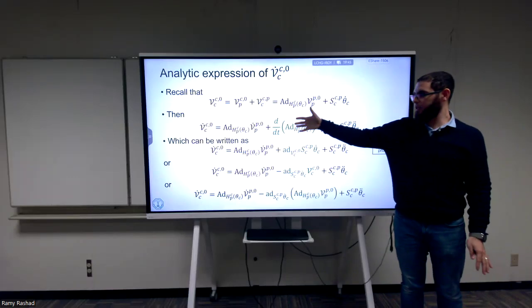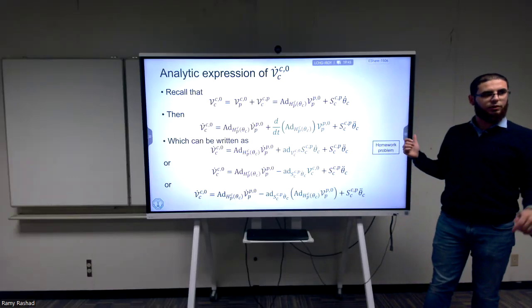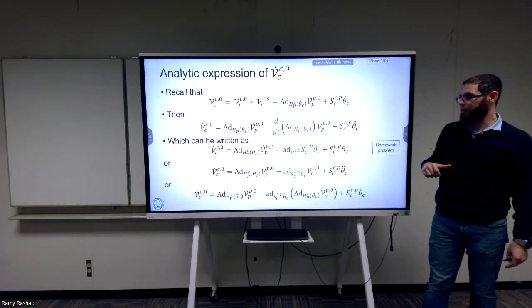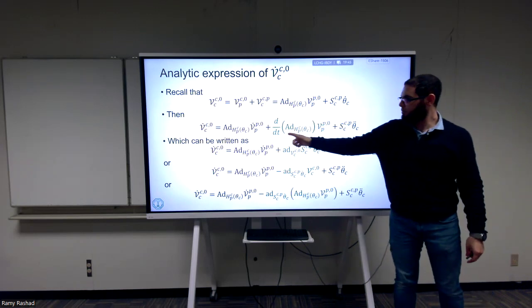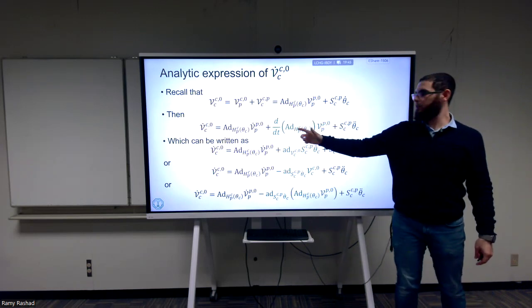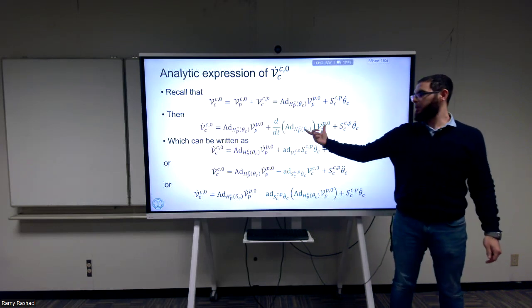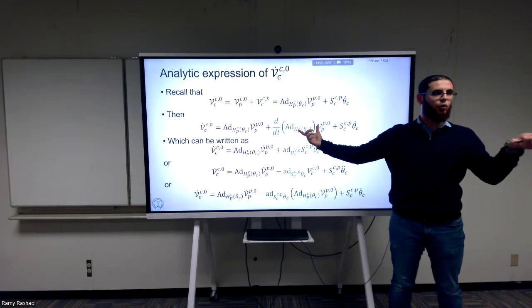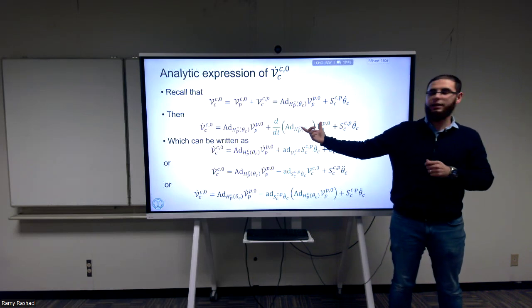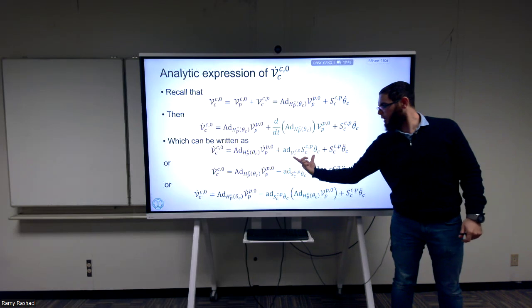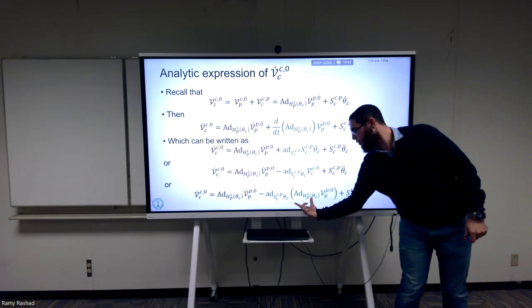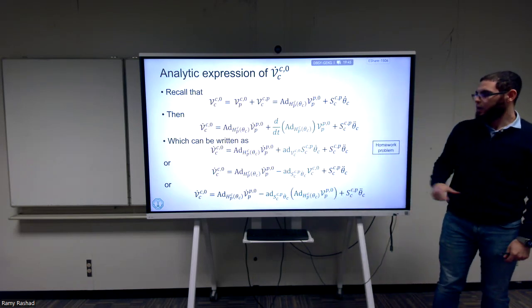I can use it, and this is part of the homework, so you're going to take your time to try to work it out. I can write this term, okay? Only the green one. These two ones will be the same in all of the three expressions, but this one I can write differently depending on which identity I use because I have these different identities. I can write it either as this term or that term or that term. Okay. The first one,